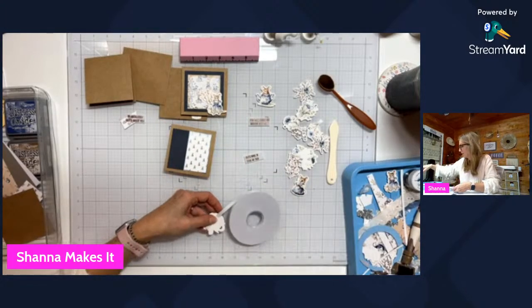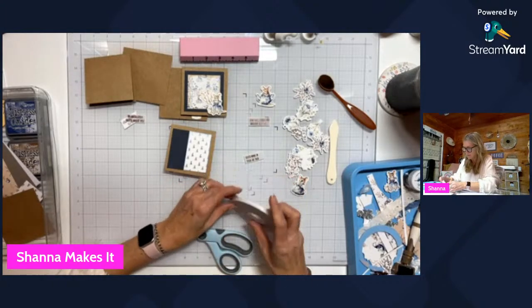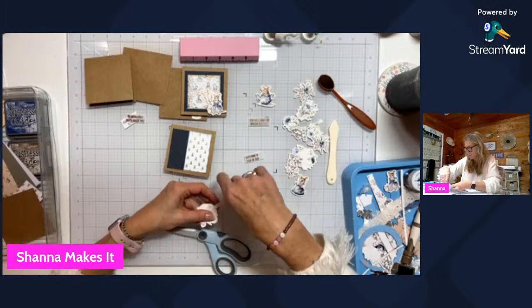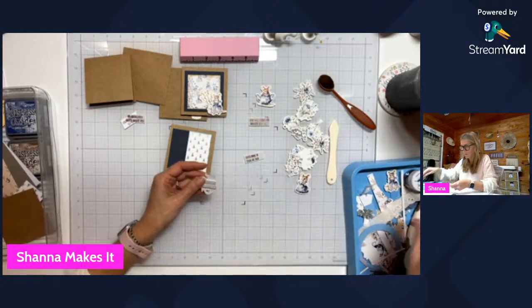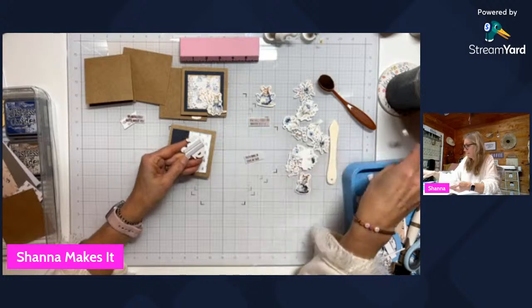I can't wait. Our next kit will be coming soon. We get it in advance of the release so that we can get prepared and everything. So I'm excited to see it. It's always exciting to get the kit, and we don't know generally what's coming, so it's kind of a surprise. So it'll be fun to see the next one. But anyway,